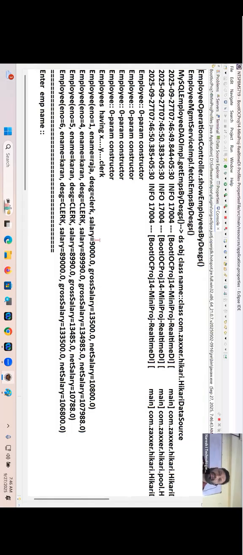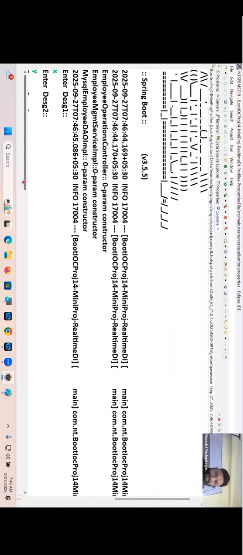X, Y, clerk. What is the profile that is activated, guys? Default. Got it, my dear? Yeah. The profile, that is the environment that you set up when no active profile is taken, is called default